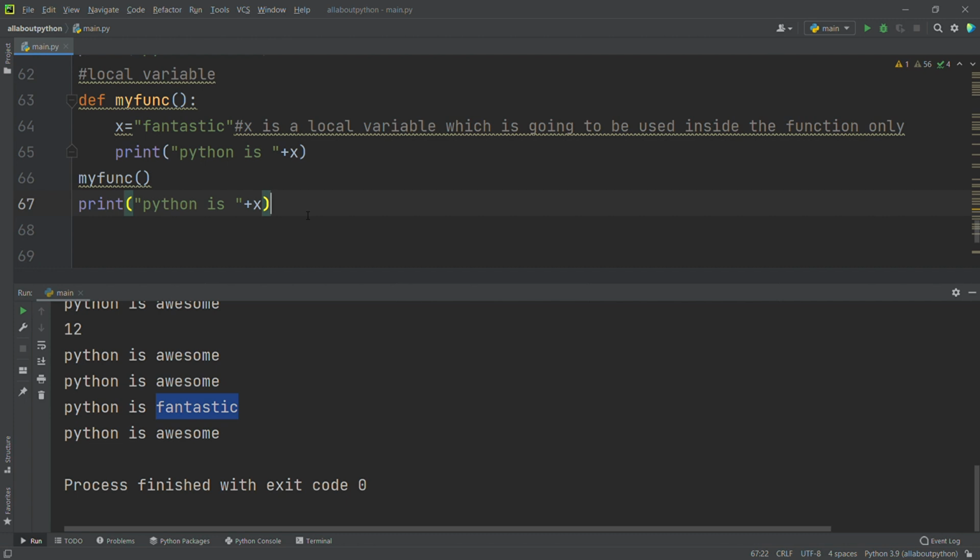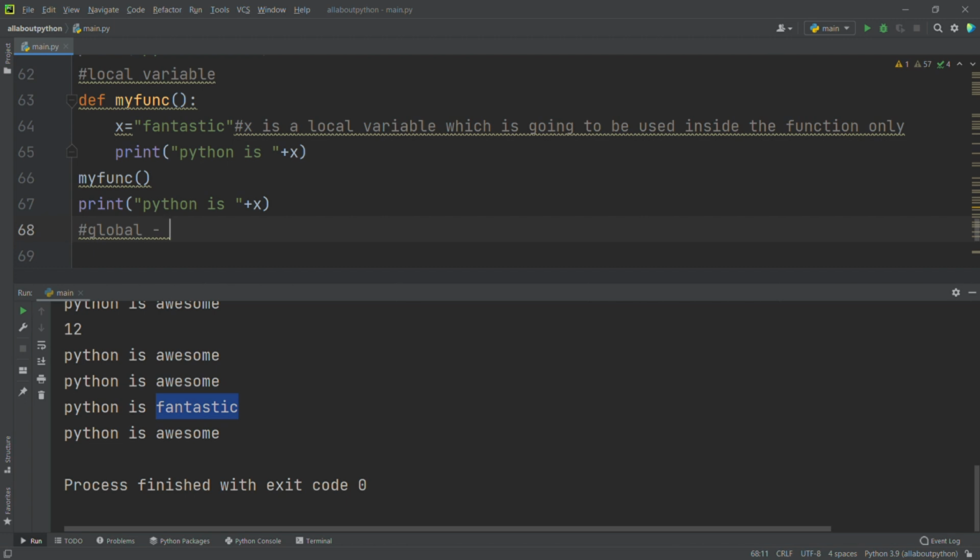Then how am I going to convert a local variable to a global variable? See, you may think, after getting into some function I want to change the variable data and I want to give that specific data after that. So how am I able to do this? Is there any way to do this? Yes, there is. What we are going to do is use the keyword global. This global keyword can assign that variable as global so that we can use it inside the function as well as outside the function.